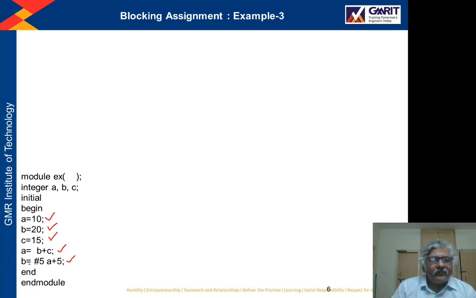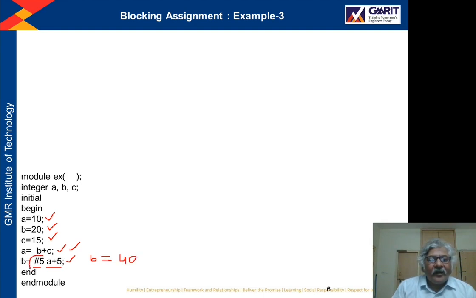See what we have written: B is equal to hash 5 A plus 5. So the meaning of this statement is A plus 5. A has become 35 due to the previous statement. So 35 plus 5 will be 40. So B will become 40